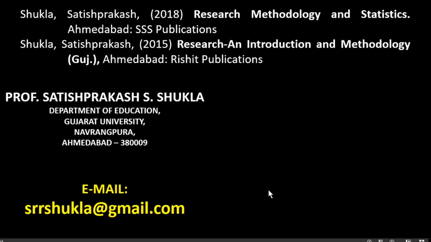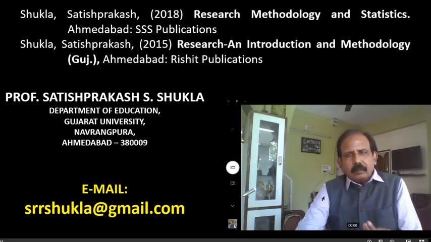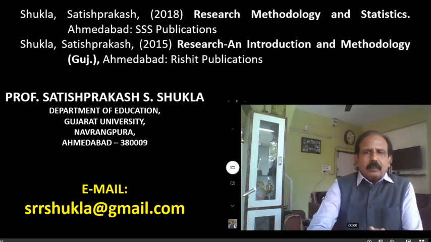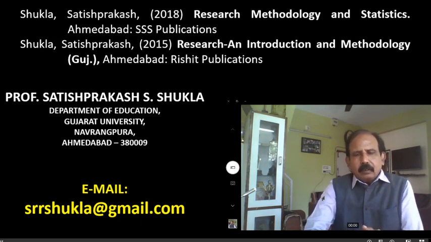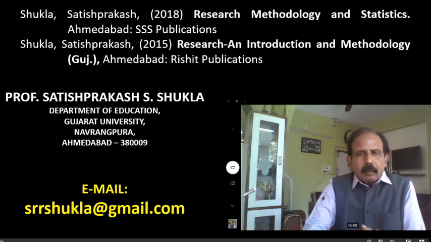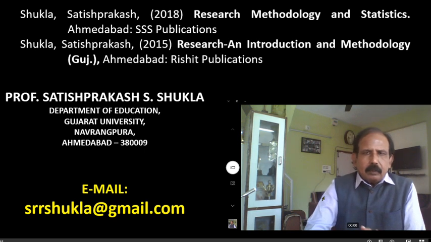In this way, friends, today we have discussed the methods of studying correlation if the data are obtained in interval, ordinal, or ratio scale. Here we have focused on the scatter diagram, and how the scatter diagram can be used to define the different types of correlation that we have discussed today.